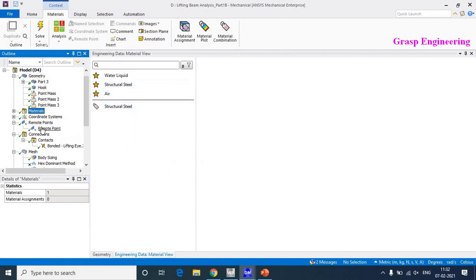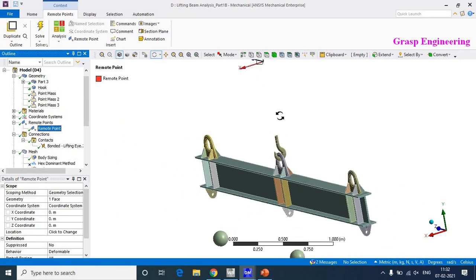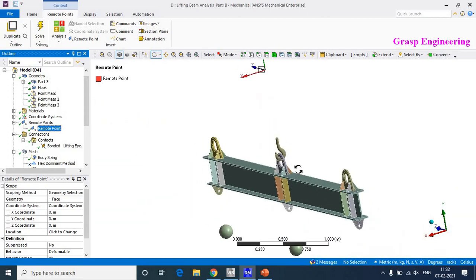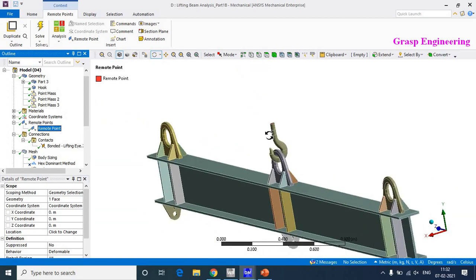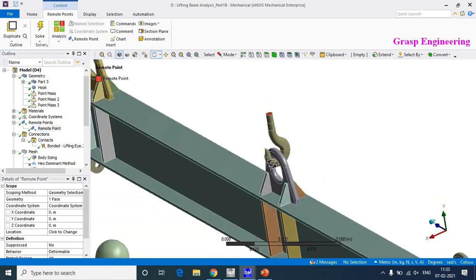The remote point we created from this point to this point. So instead of connecting the remote point to the lifting eye, we created the lifting point at the holding point, and then connected it with the lifting hook surfaces, as you can see here.